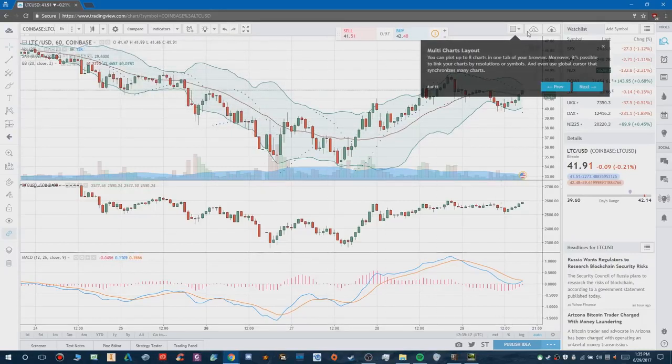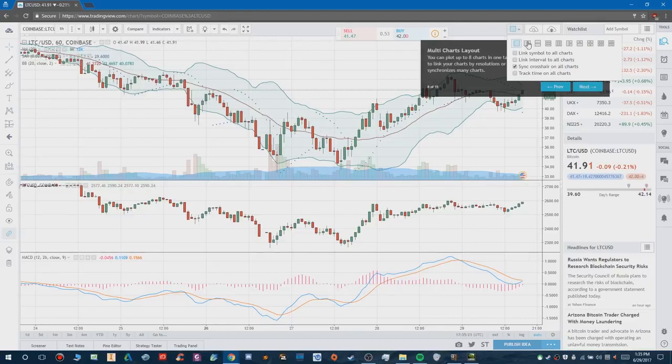You click this to switch between chart layouts. So this is one chart, right? This is 2 charts next to each other. This is 3 charts on top of each other. This is 3 charts next to each other, and so on. You got to use these ones. The more screens you have, the better. So I highly recommend using this one. 4 charts per screen. Then you need a lot of screens, obviously, but you get 4 charts per screen, and